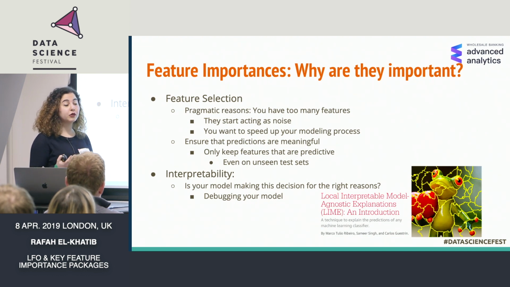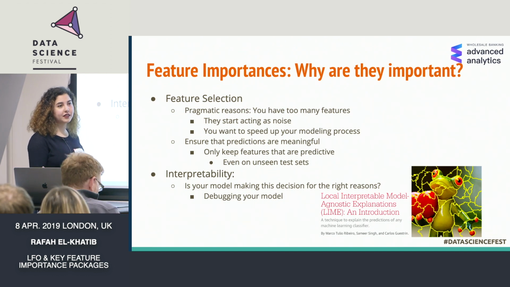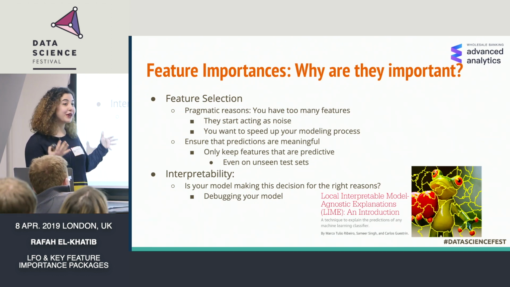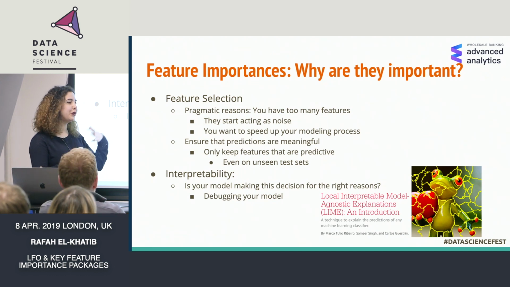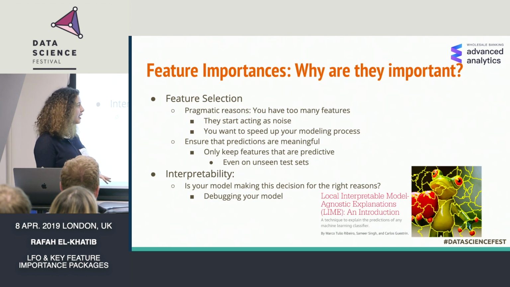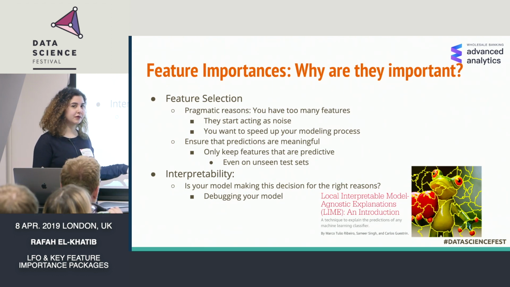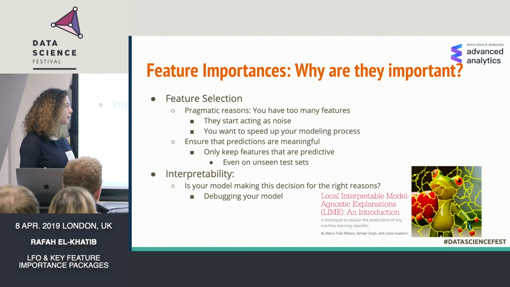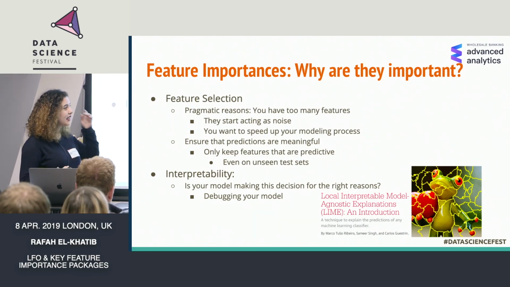And the second reason you want feature importances is to interpret your model. Which features is your model using? And is that a good thing? If it's using the right features, and you know from the business that these are the right features, then you can say, okay, my model's reasonable. But if you know that your model is using some other features that should not be used, then this is a way to debug your model. That's just one application of interpretability. To give an example of that,